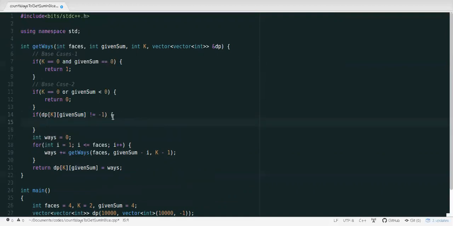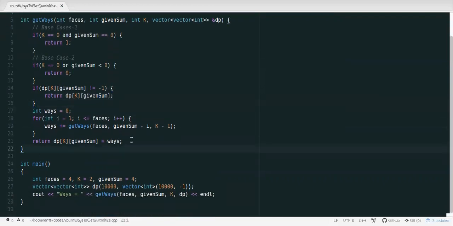It has some value, right? In that case, I will simply return whatever value it has, isn't it? So in this line, I'm trying to avoid recomputation, because I am trying to use the stored value right here when the same subproblem is supposed to be recomputed, right?